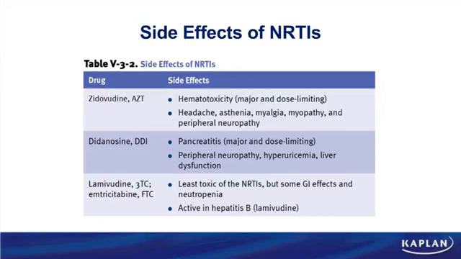If you're thinking, why don't we just use lamivudine and emtricitabine at the same time? There's a real problem with using those two drugs together. Turns out that both drugs are cytosine analogs. And if you use 2 cytosine analogs at the same time, the drugs actually compete against each other, and that's not effective. A basic rule is to use different nucleotides as part of your combination. So choosing a drug like lamivudine and combining it with zidovudine is much more effective, even though you have a